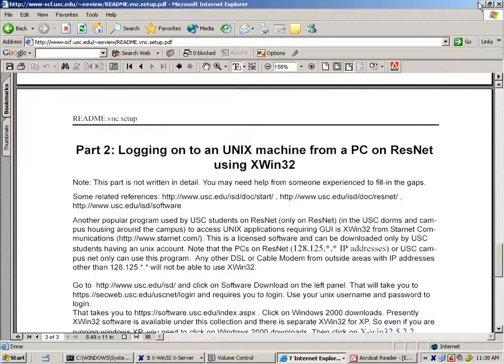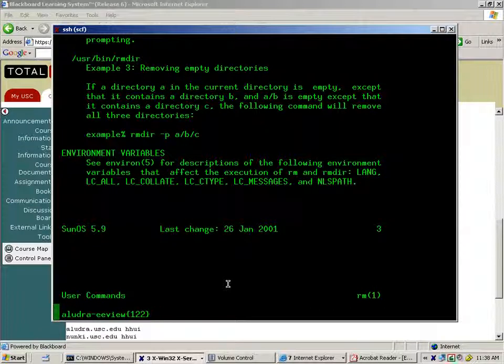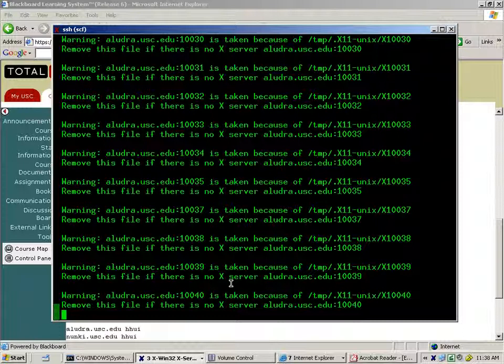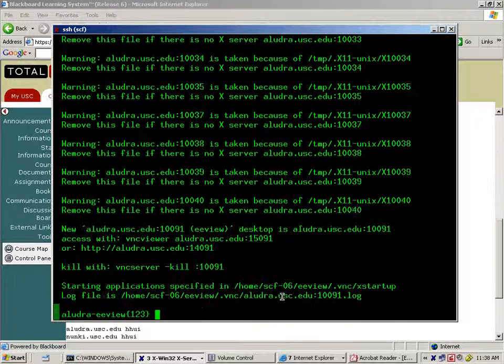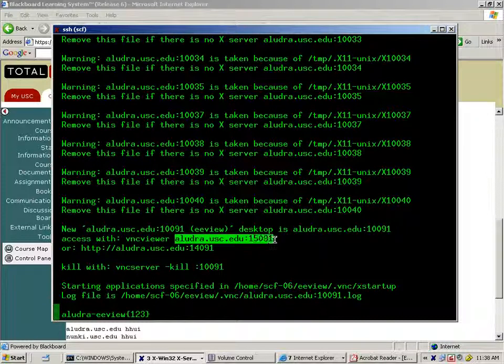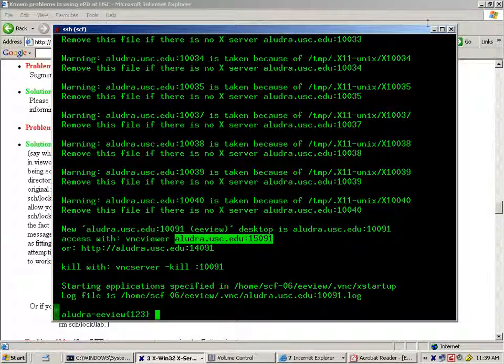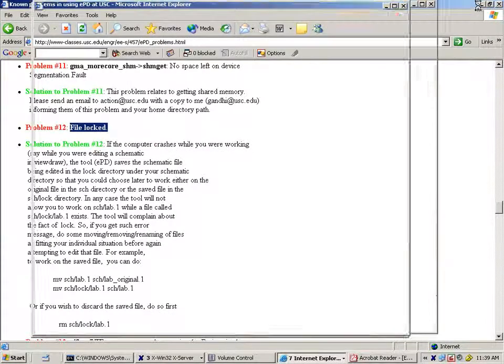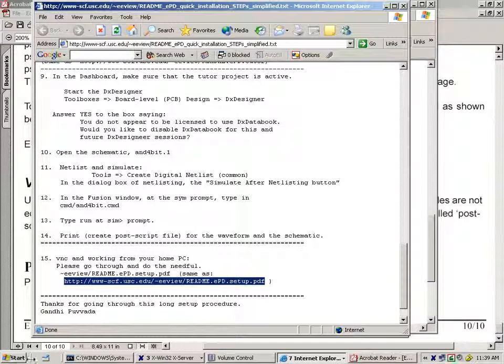So let me show you quickly that aspect. In your Unix account, you start the VNC server, and that allocates a display to you. In this particular case, I was given aludra.usc.edu:15091, and then assuming that you had done all the setup, you go to